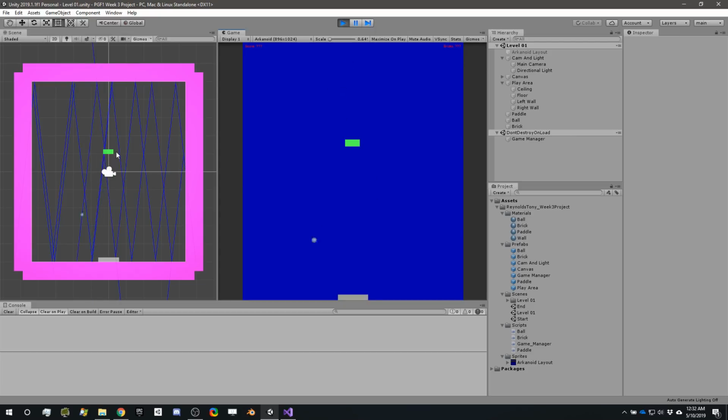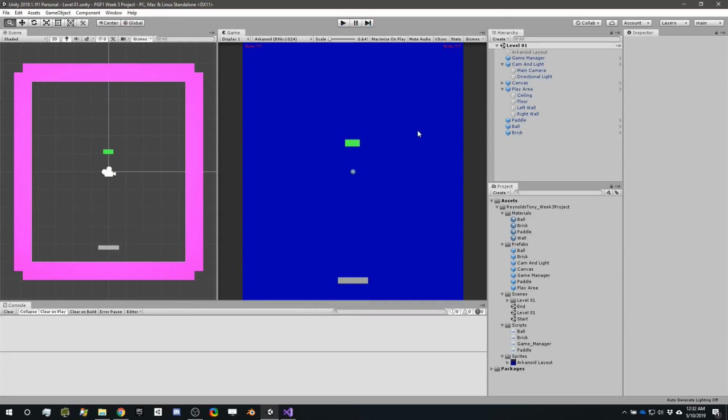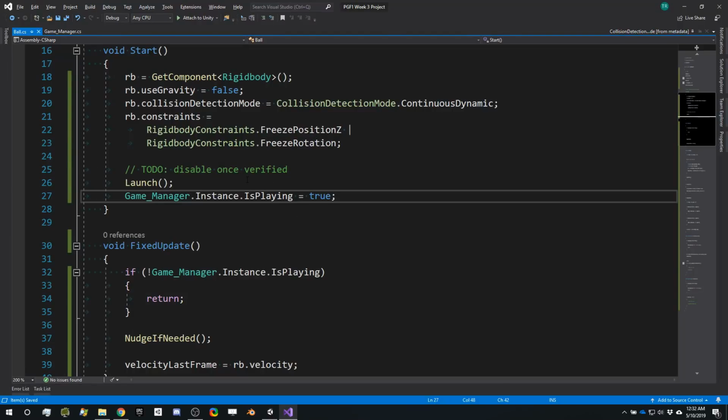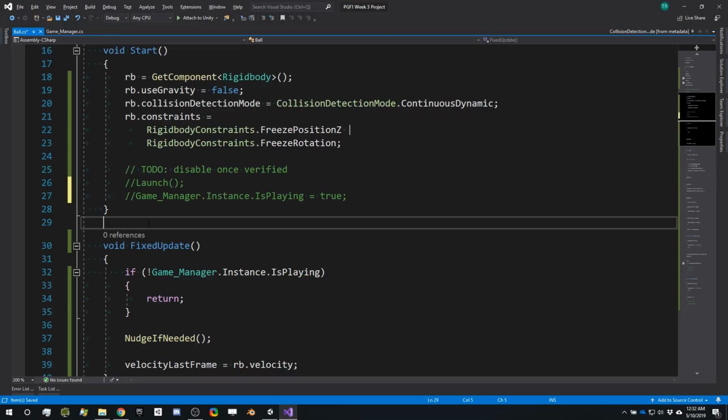So there are 50 lines, and after 15 seconds, the lines start to go away. So we lost all the yellows, and now notice the blues are periodically turning themselves off. So at this point, I'm going to jump back to the code because we have verified it does work. Now, to do: disable once verified. We just verified. So let's go ahead and turn off Launch and the game manager line. And so with those two lines of code disabled, if we save this, jump back to Unity,